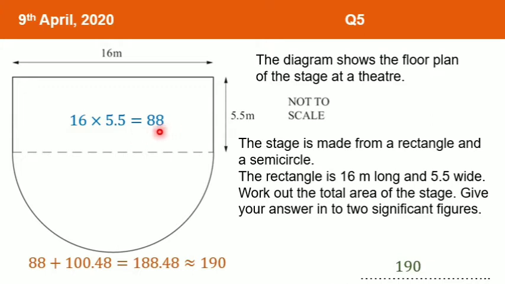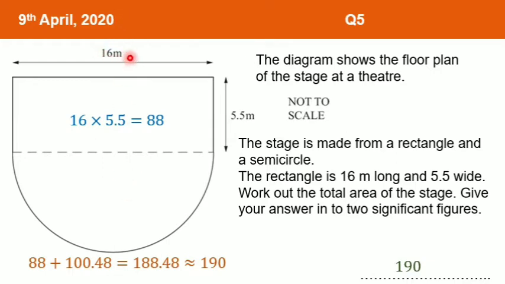And this is a semicircle. Do you still remember the area of a circle? Area of a circle will be pi times r squared. Since it is a semicircle, the area of the semicircle will be a half times pi times r squared. The pi, you can write as 3.14 or 22/7, or directly use the pi button on your calculator. It's okay. And then the r, this line will be the diameter, right? The radius will be half of the diameter. The diameter is 16, so the radius will be half of 16, which is 8.